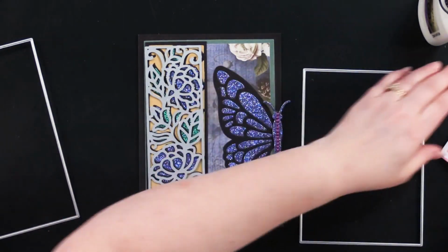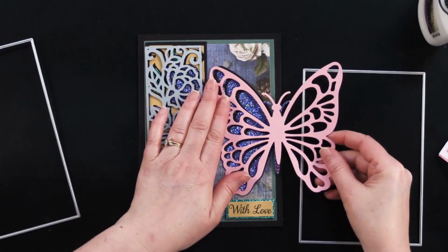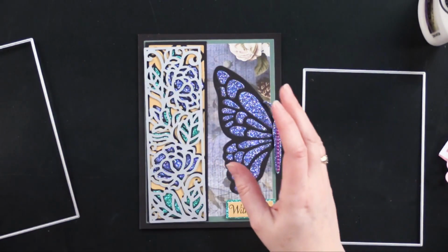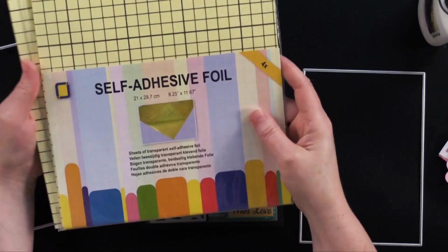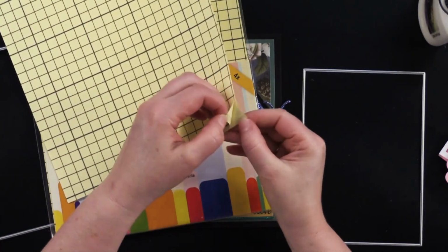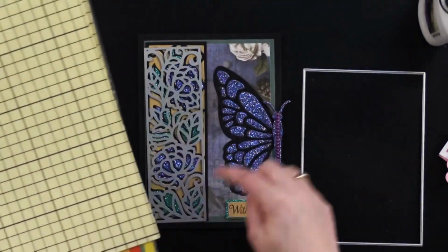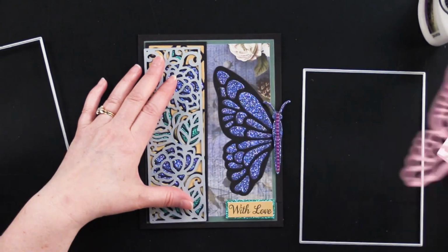And then for this butterfly, she did this butterfly right here and cut it in half. But she also backed everything with self-adhesive, this is self-adhesive foil, but it's really just self-adhesive sheets. They're double-sided. Okay, and then what you can do is you cut those out to fit behind these pieces, so that when she put this piece down,